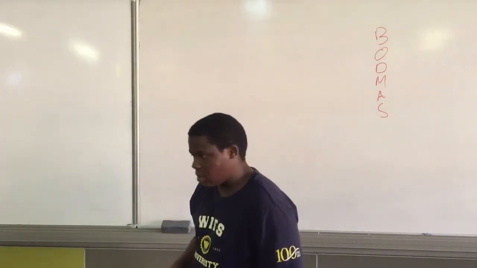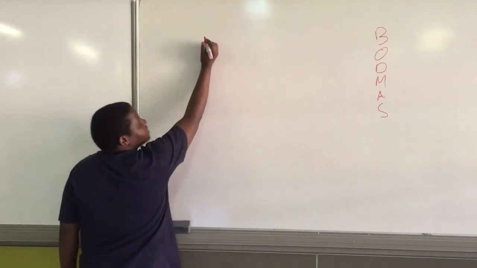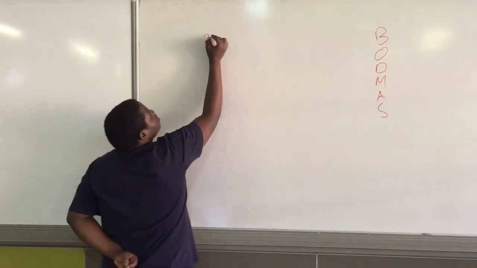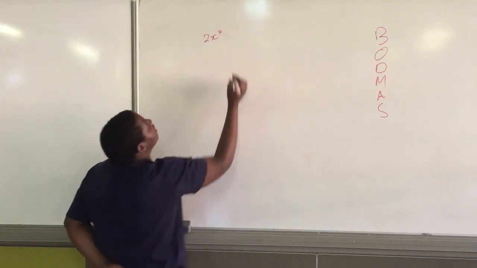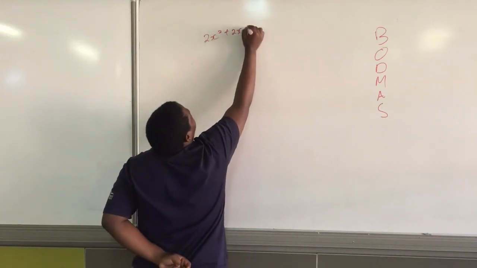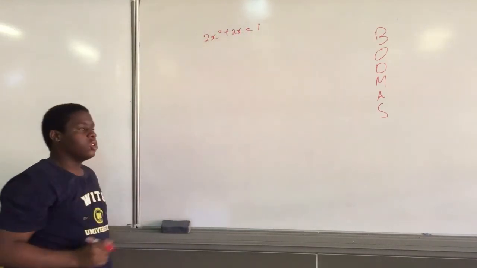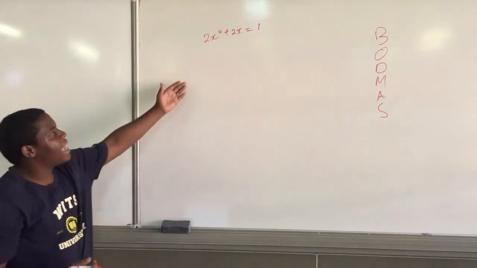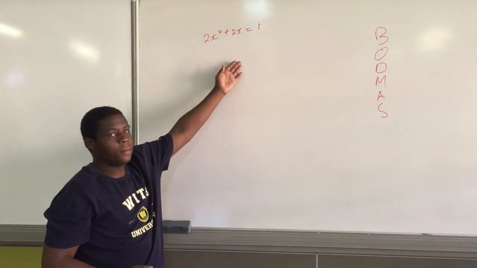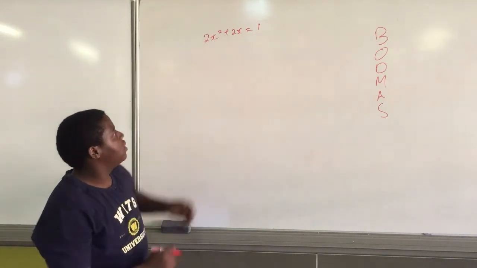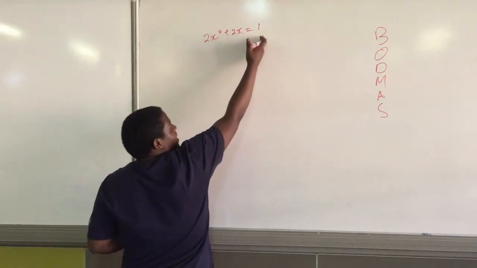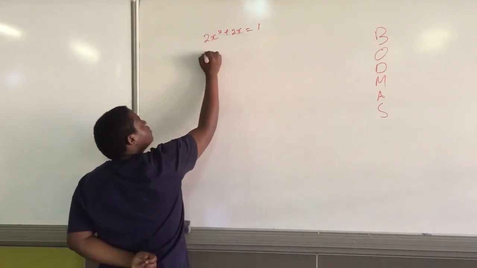Because in a quadratic equation, we have, for example, 2x squared plus 2x is equals to 1. So you would say blindly that this is a linear equation. But the issue that we have here is that we do not have any like terms. But if we do it like this,